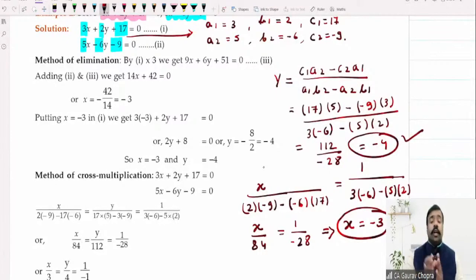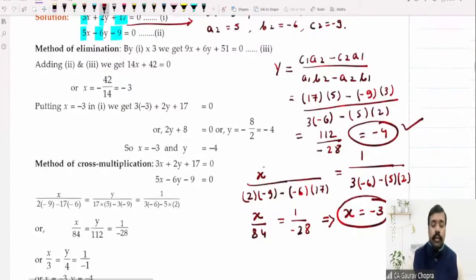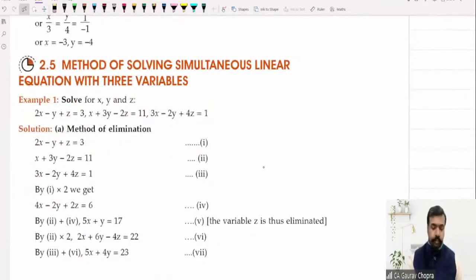So in this manner, we can compute the value of x and y, and this method is known as the cross multiplication method. All right, but what do we have to do in our examination? Which method do we have to use: the substitution method, elimination method, or the cross multiplication method? When we are concerned about our examination, the best method is to use the options. You have to go by options, and that will be the shortest method, and in the least possible time we will be able to get our result. All right, so we will practice that from our exercise questions.